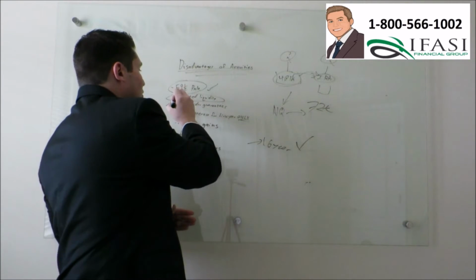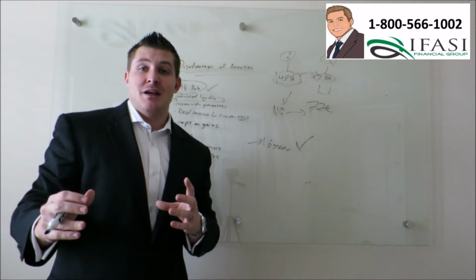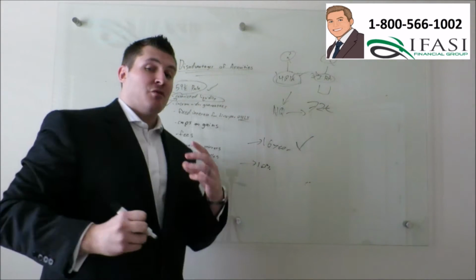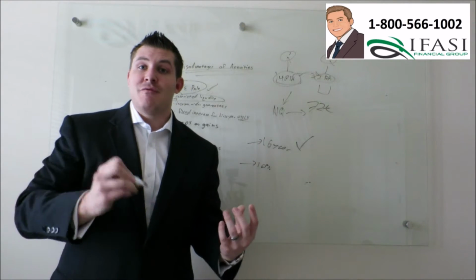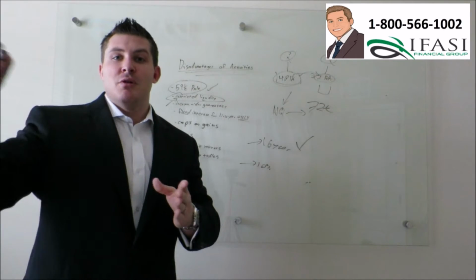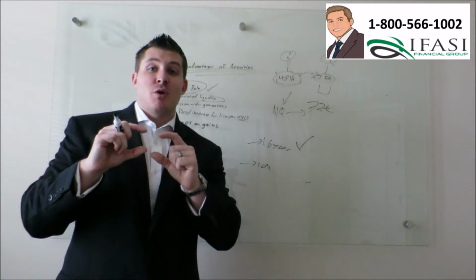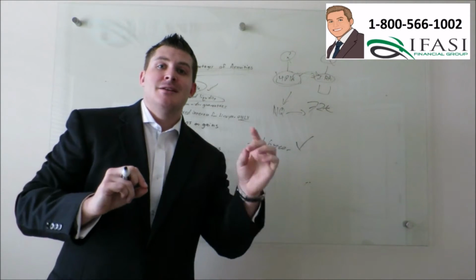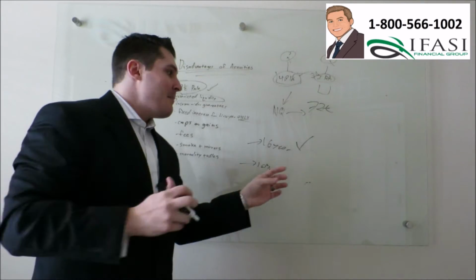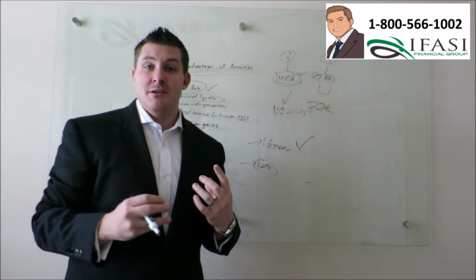Now, I did mention the word restricted. Typically, the annuity programs that I like to see with clients are ones that allow you to pull out up to 10% per year as a free withdrawal every year going forward for the next 10 years. So after year 1, you can pull up to 10%. Year 2, you can pull up to 10%. Now, that's not how you should design an annuity. You should put the smallest amount of money possible into an annuity to get the maximum amount of benefit. It's a restricted liquidity product, but that restricted liquidity of 10% typically can suffice